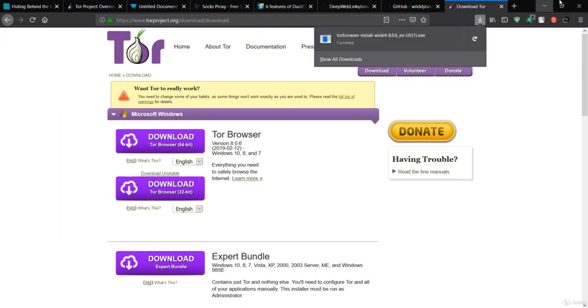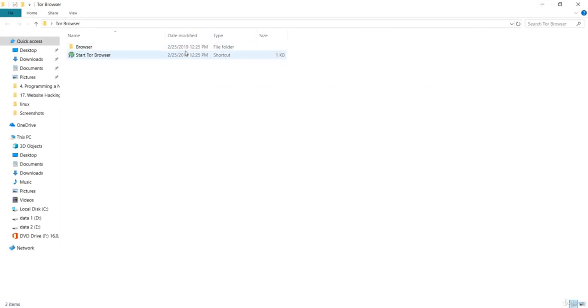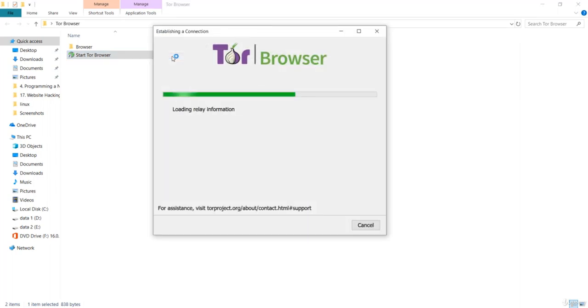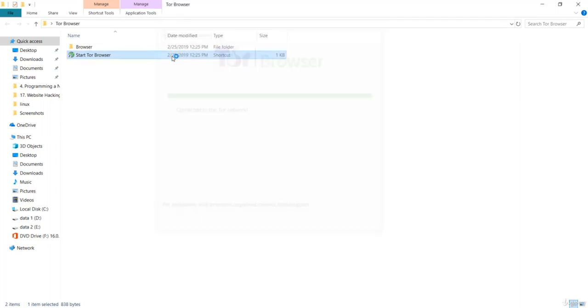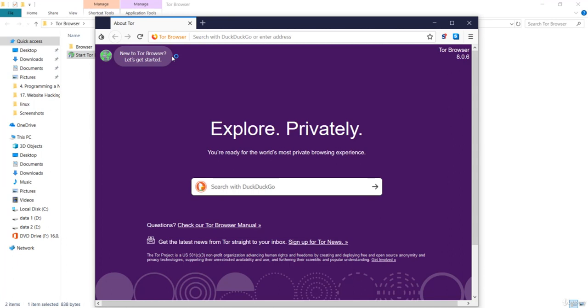Let me close this because I have already installed it, and you will see this start Tor browser icon over here. Let me open this. Then you should get this Tor browser establishing a connection tab. Give it some time to load and it will give us the Tor browser. So this is the Tor browser that is going to open the hidden websites that are in the